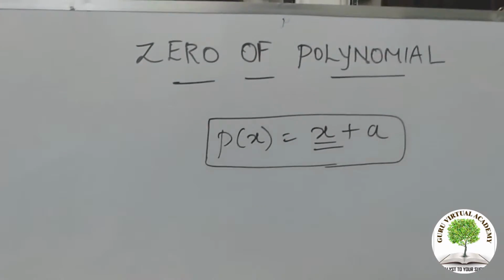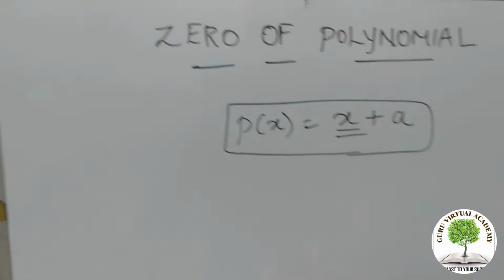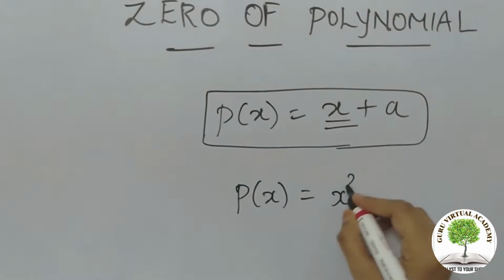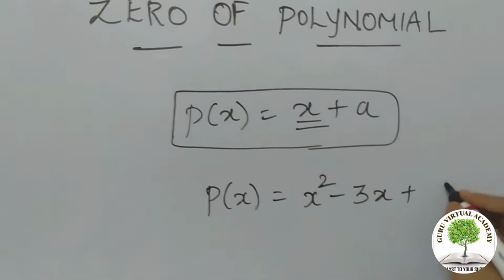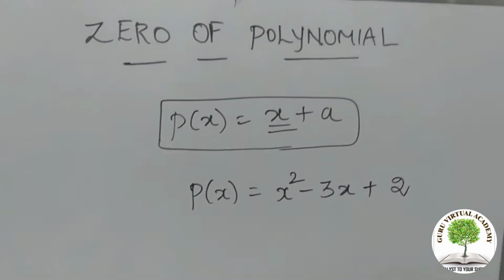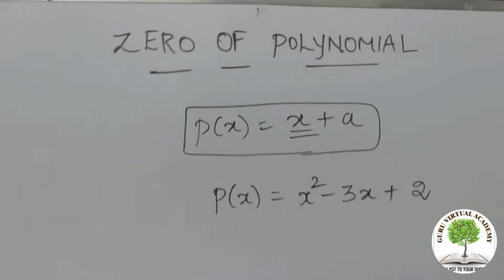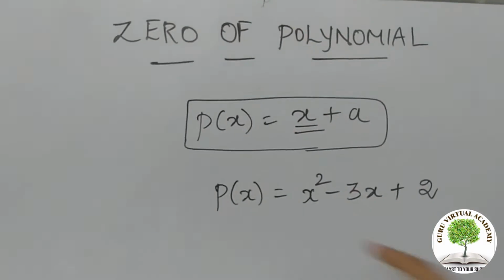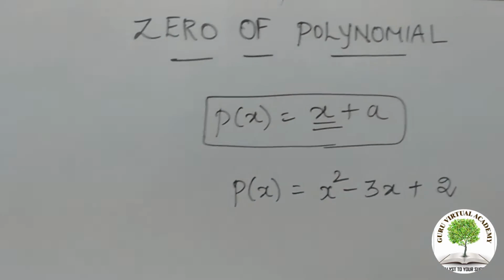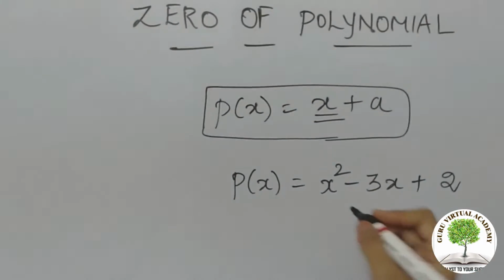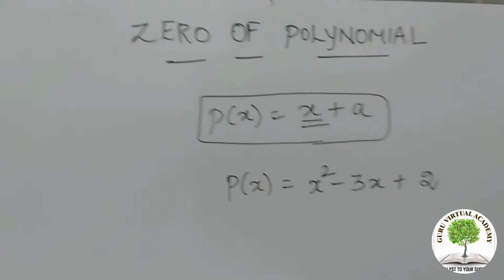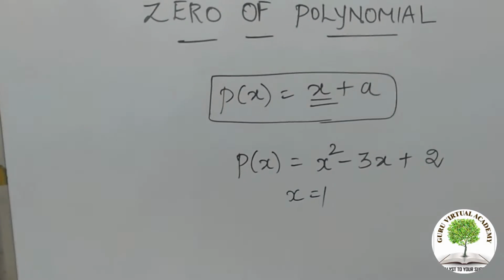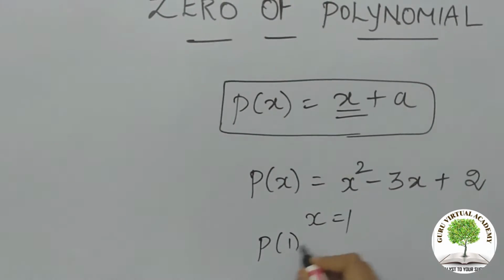So let us understand more clearly with the help of an example. Let us take p of x is equal to x square minus 3x plus 2. Usually these kinds of questions are solved by using the trial and error method, where we consider many values for x to arrive at a particular x value. We always start with the x value as 1. Here I assume my x to be 1. So now p of 1 is equal to